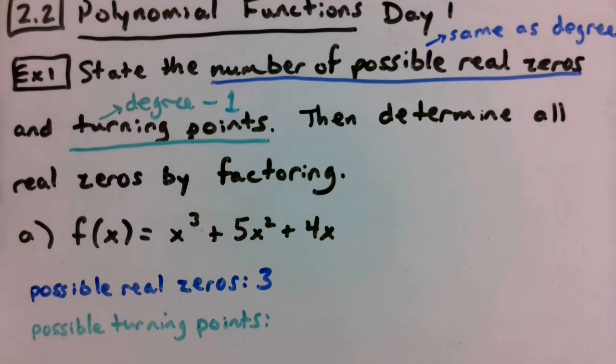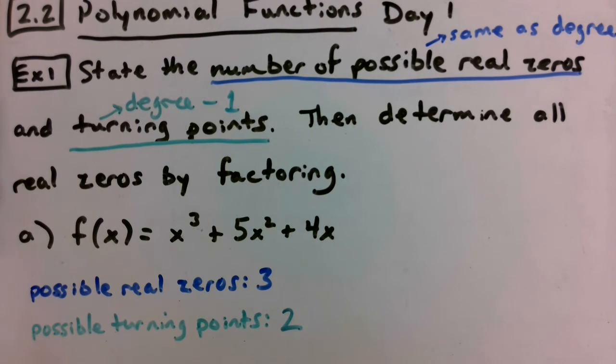It's 1 smaller than the degree. So this particular polynomial is a degree 3 polynomial, so the number of possible real zeros is 3, and then we would know that the number of possible turning points would be a maximum of 2. Again, there might be less than that. Those are maximum numbers. The maximum number of possible real zeros is 3, and the maximum number of possible turning